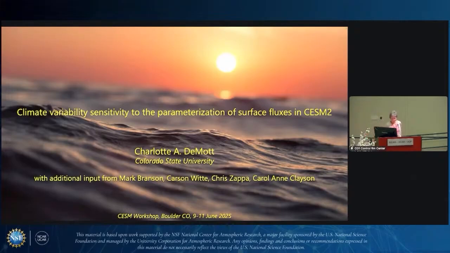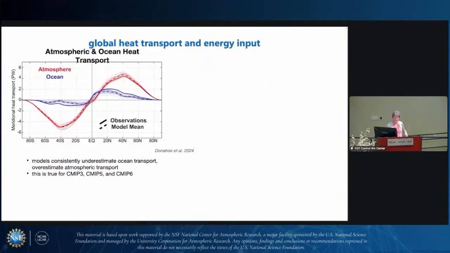All right, good morning. So this is a talk that really just asks the question, how does the treatment of some of our parameterized physics in the CESM2 affect its mean state and variability? And I tend to approach this problem from the perspective of trying to understand how it affects the Madden-Julian oscillation. But here, I'm going to try to take a broader scope and just introduce this